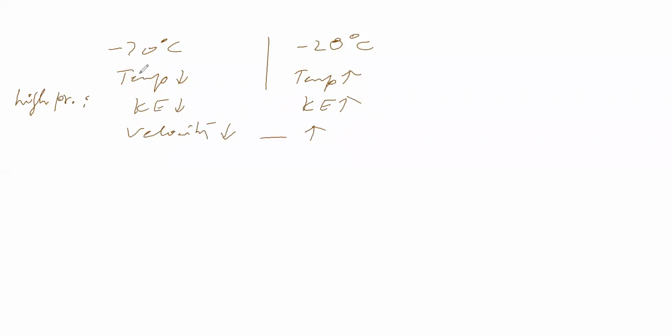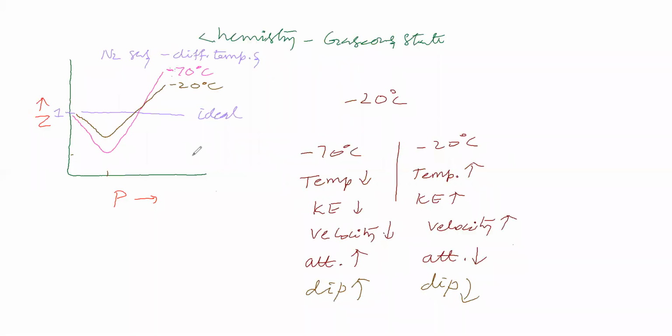Lower temperature means attractive force is dominating, so here repulsive force is less. Here repulsive force is more. That is our expectation. So what we are expecting is that at a higher temperature repulsive force will be high when compared to a lower temperature. What the experimental result says, we will see. We see the experimental curve here.